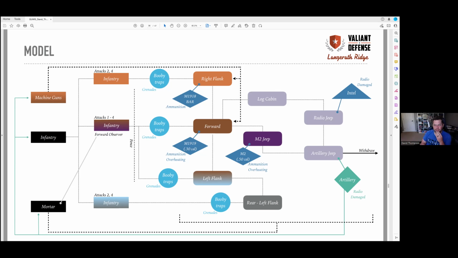We'll talk about some of this in more depth later, but this model shows the spatial connection between the Germans and the Americans, but also the dotted lines show the spatial connection between the various American positions, because